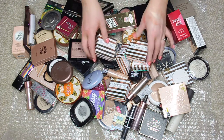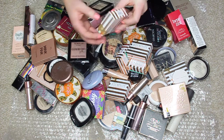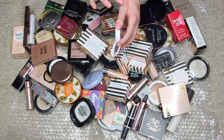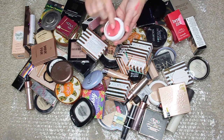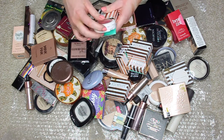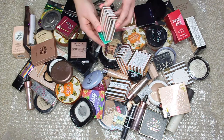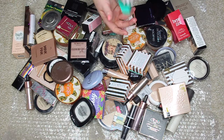So I have pretty much every single shade that I have. This one is in the shade Rosé, and this is what Rosé looks like. So it's really, really bright pink, so this would be really good with a light hand. Also, you can use these on the lips as well because they are cream blushes. Keeping that one, and then I have this one which is in the shade Red Velvet, and this is really